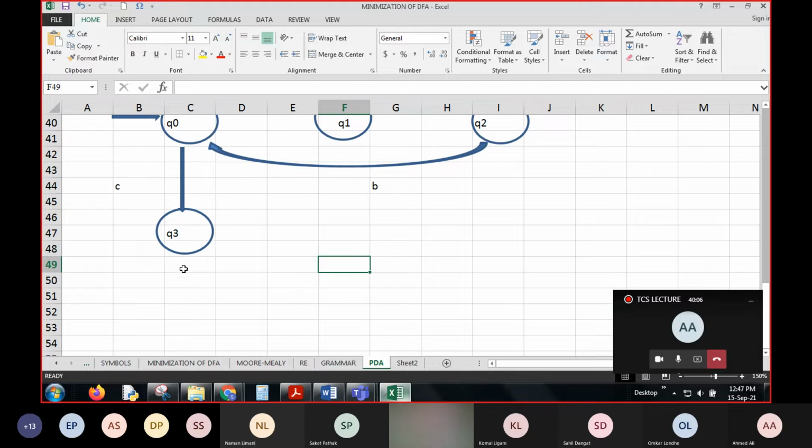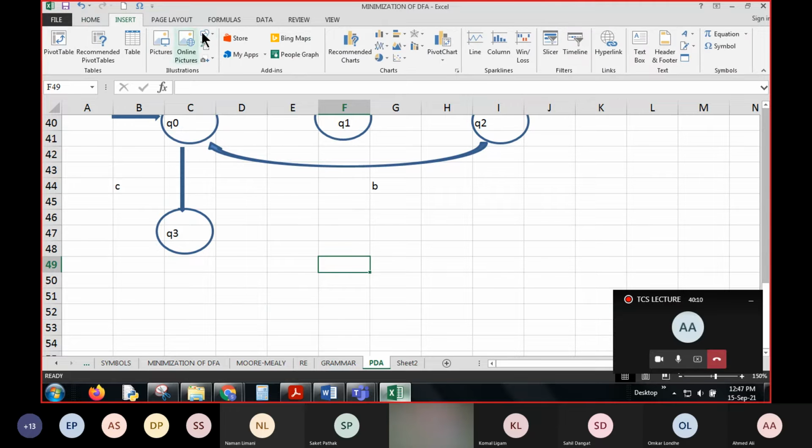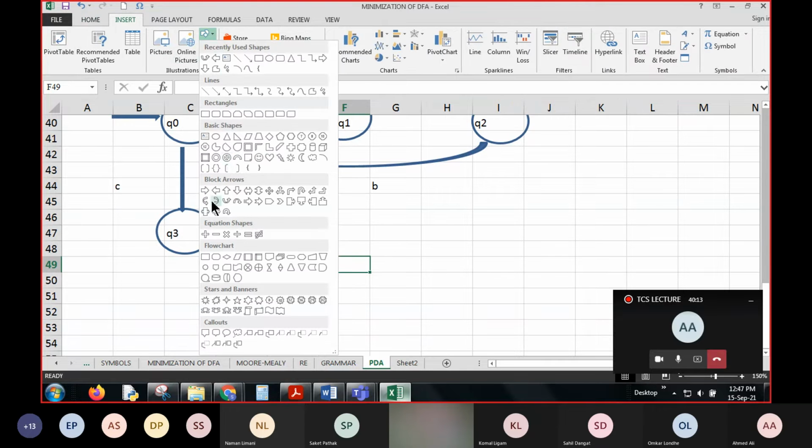Whether you can add a loop for C here. If you add a loop for C here for multiple Cs,